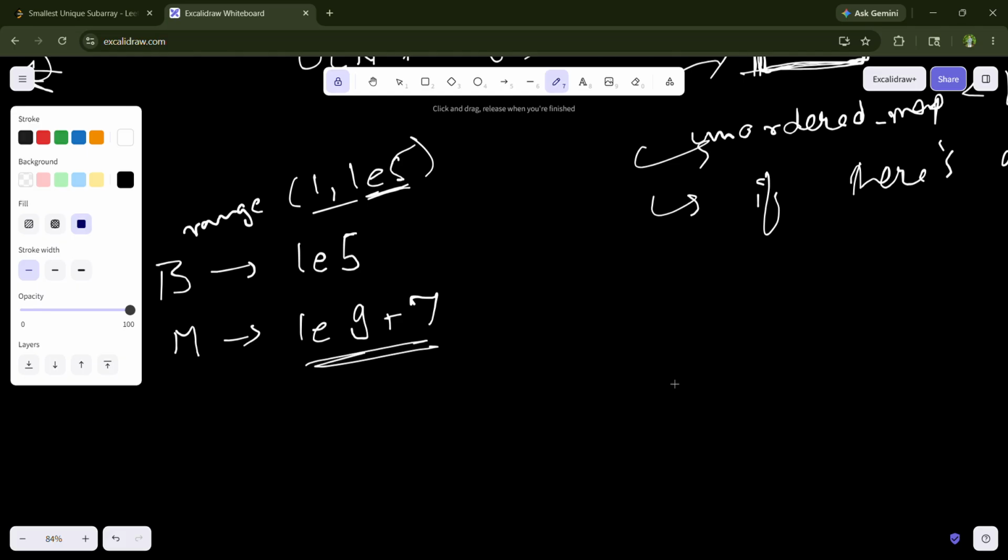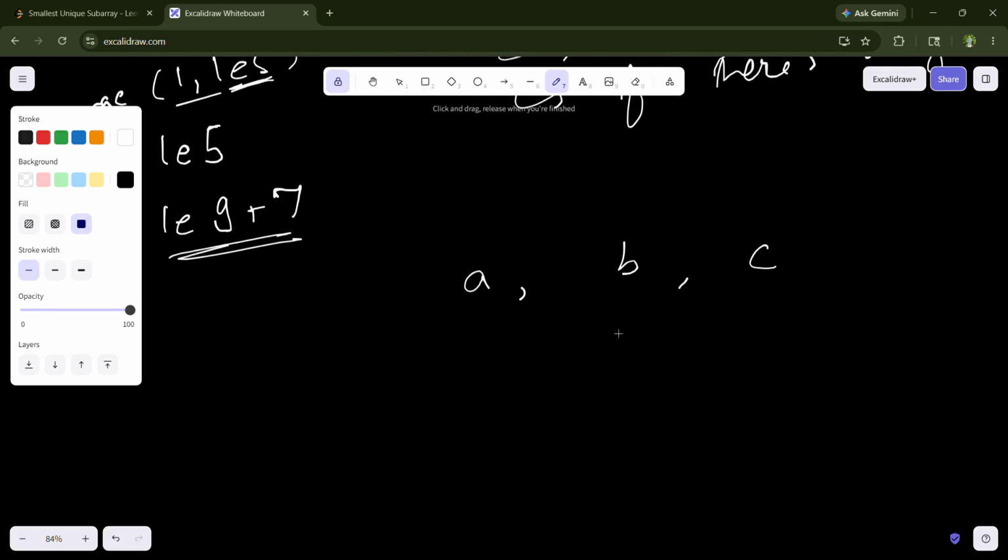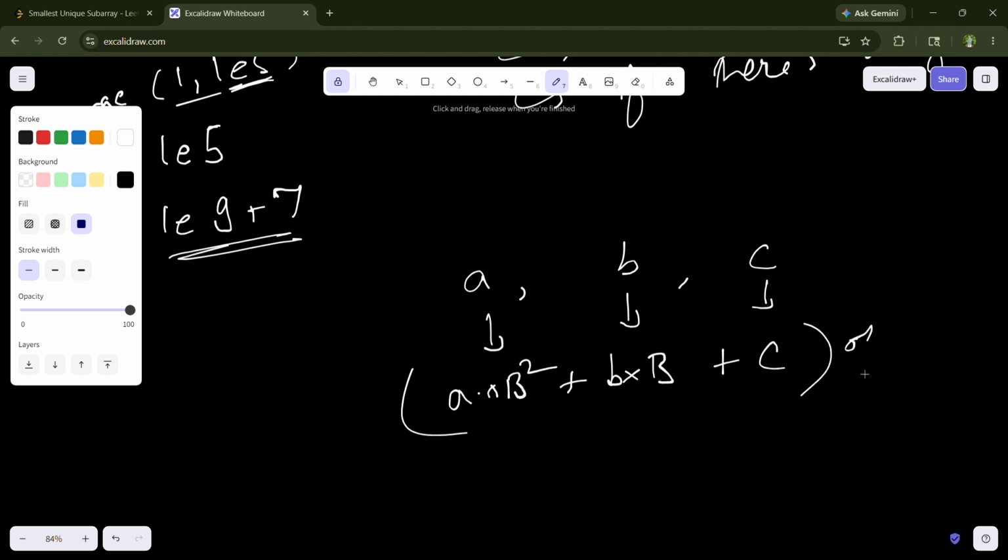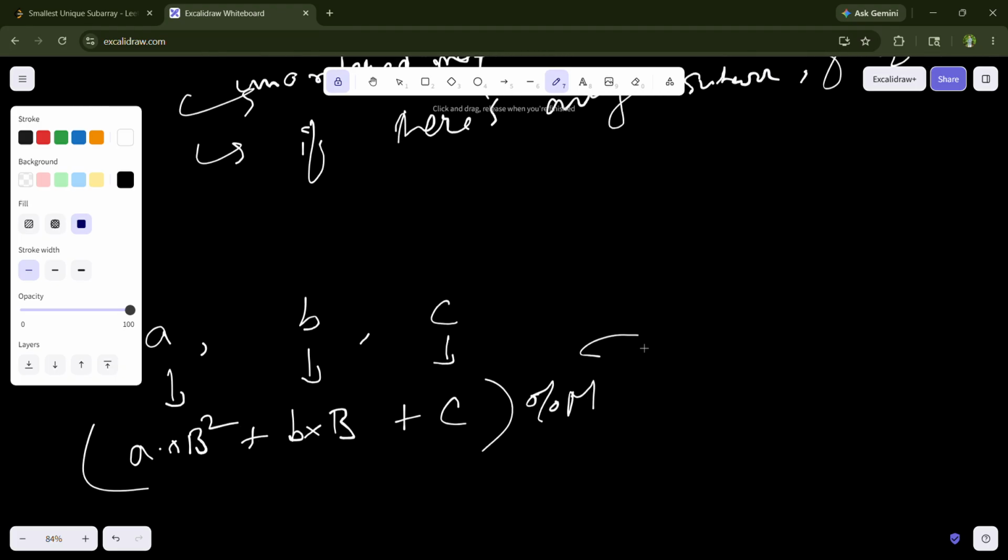So how this hashing works is, let's say if we have A, B, C, when we do its hashing, it's going to be C plus B times capital B plus A times B square. This whole value is going to be modulo. This gives a hash number